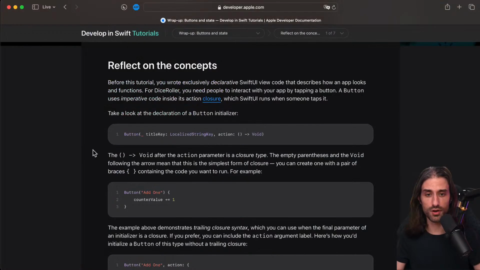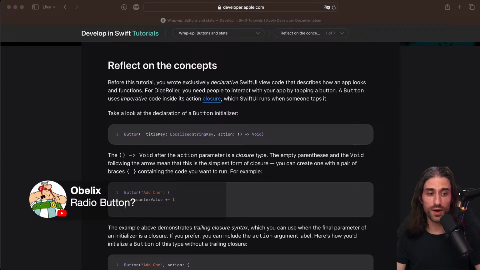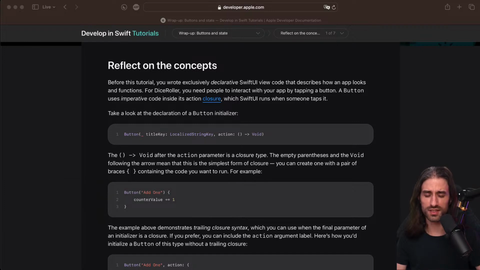But toggle is a more correct name in a sense. And radio button is different. A radio button is a set of buttons, and only one of them can be enabled at the same time. So when you push one button, it pops the other one that was already enabled. So it's still a different beast. I think you can get radio buttons in SwiftUI by using something called a segmented control, if I remember correctly.